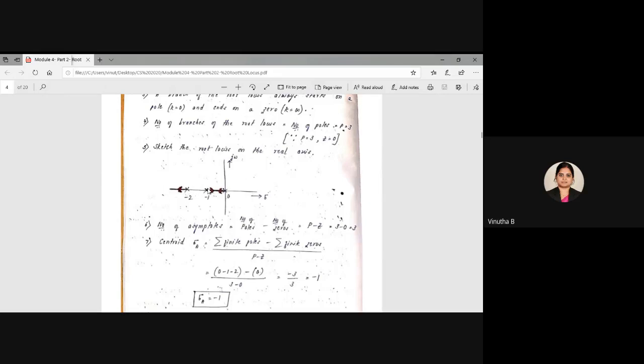Now you have to see what I have indicated here, arrows. In the previous page, I told you that whenever you come across two poles adjacent to each other on a root locus, what should be the directions of the arrows? It is like this. That means from the pole it is going up. Here from the pole it is going up, isn't it? You should be very careful when you are marking the arrow marks.